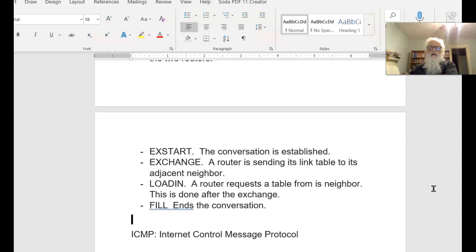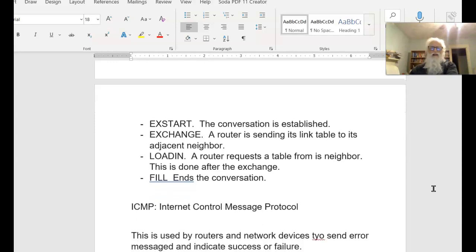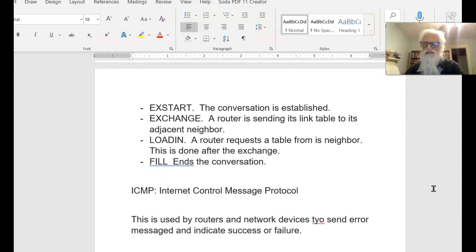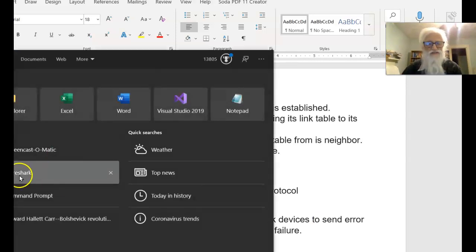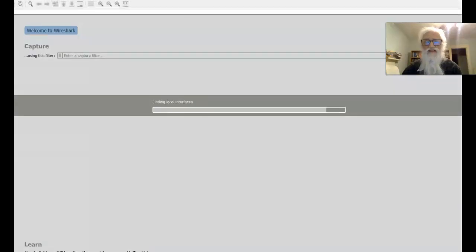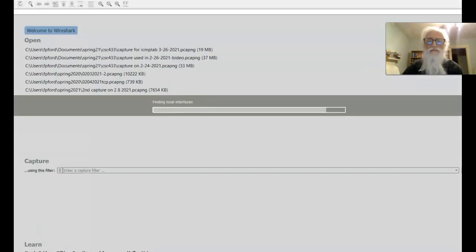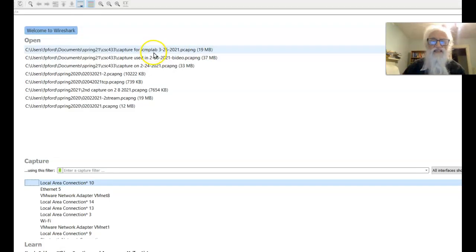Now, I'm going to have some more information on those in a while, but I'd also like to talk about the Internet Control Message Protocol. This is used by routers and network devices to send error messages and indicate success or failure. I can show you some of this. I did a Wireshark capture yesterday,